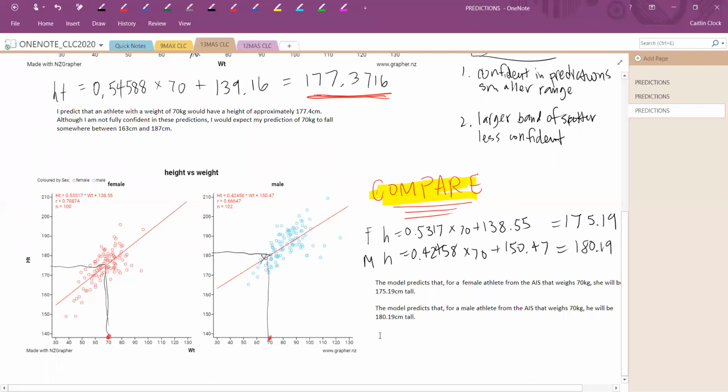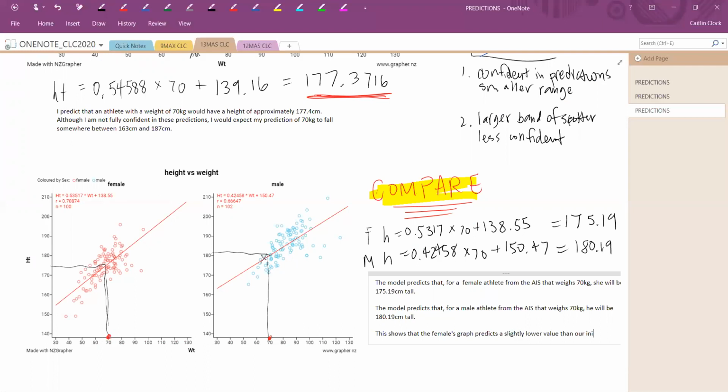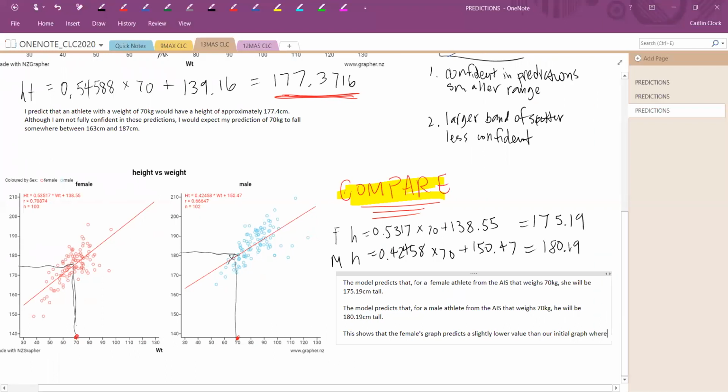So I think in this case, it's good to compare to the previous model. So this shows that the females graph predicts a slightly lower value than our initial graph, whereas the male graph predicts, whoops,